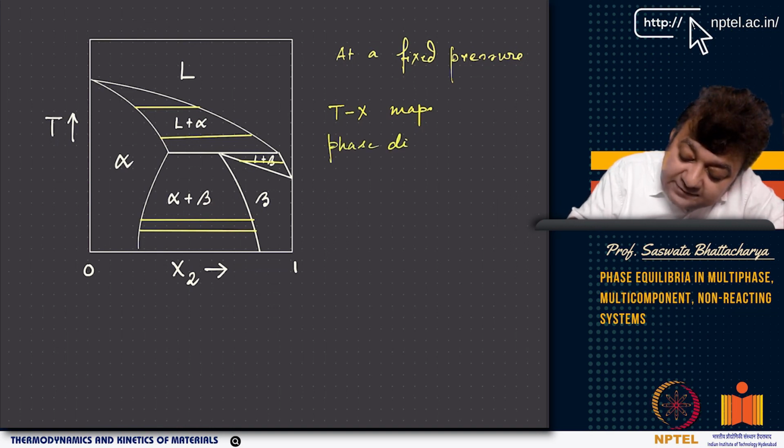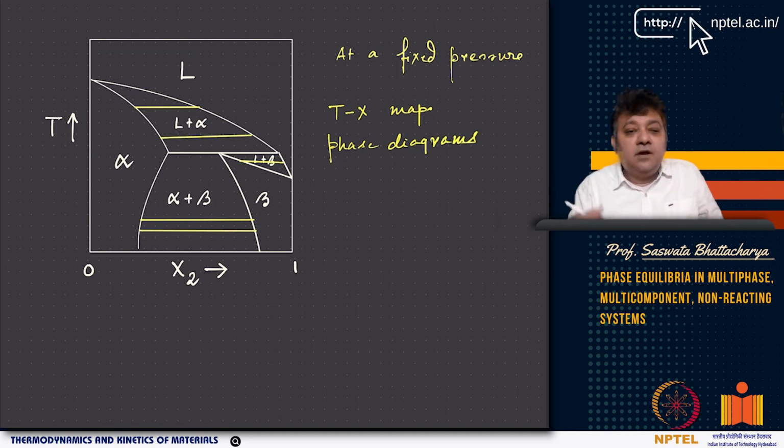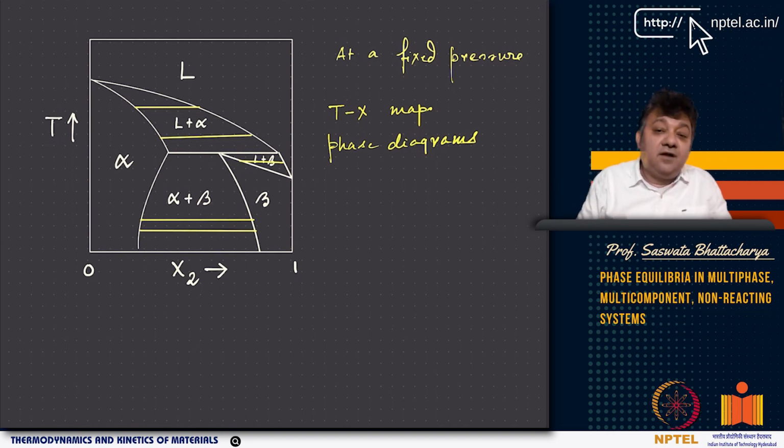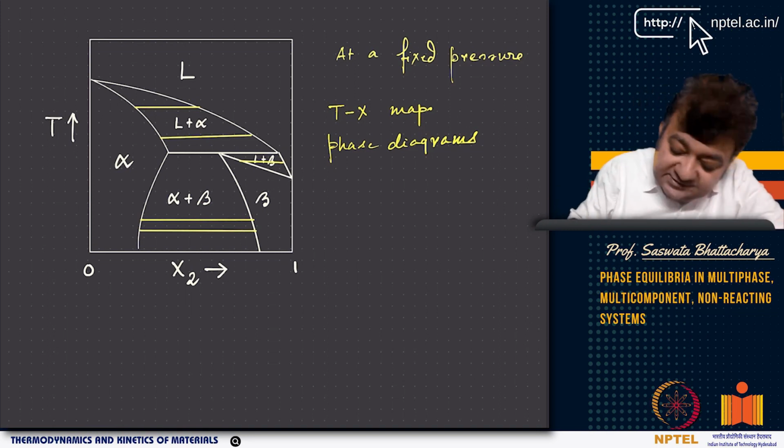These phase diagrams can be compiled experimentally, and they can also be calculated using computational techniques. That computational procedure is called CALPHAD: calculation of phase diagrams from the available thermochemical data which is stored in databases, for various alloy systems or various oxides or various high temperature materials. So you have a typical phase diagram here.